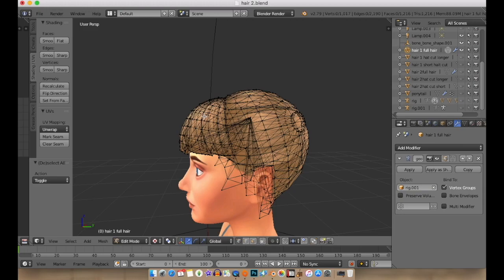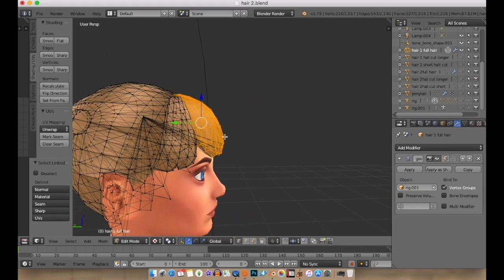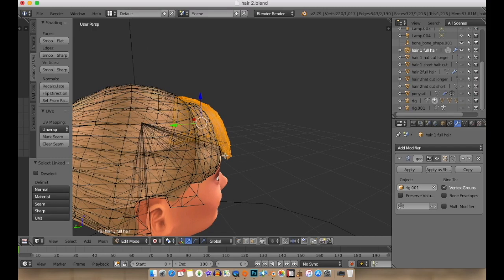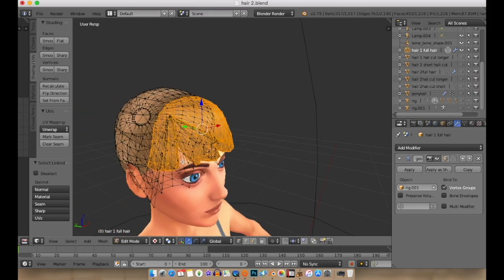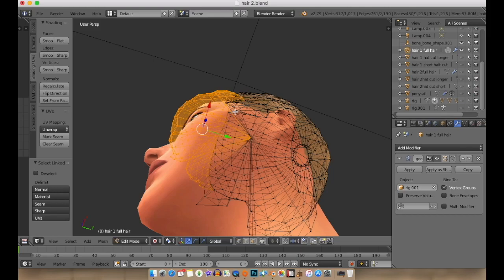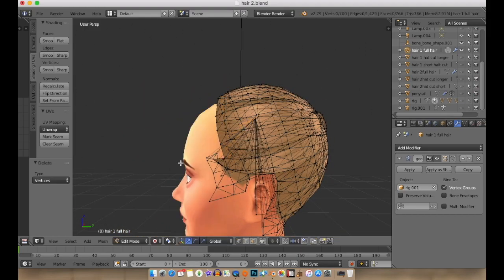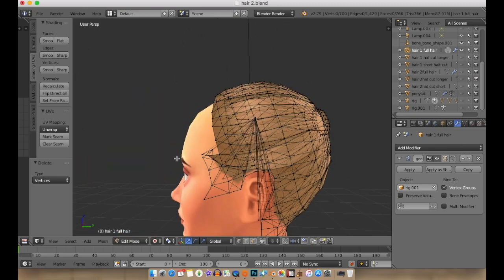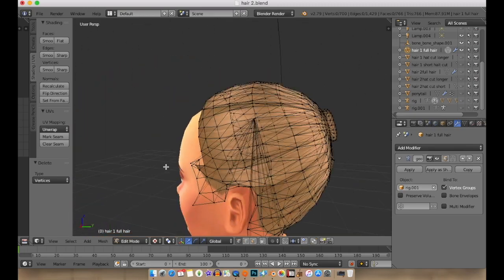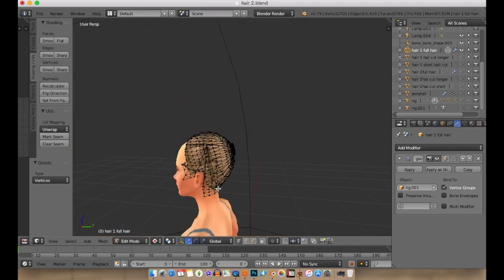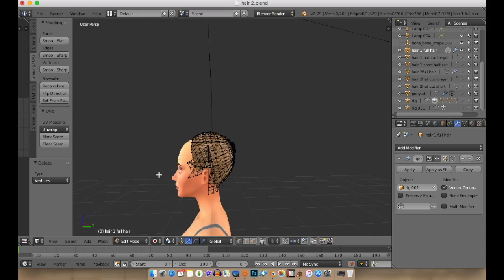Okay, again. I accidentally selected a bit of the hair as well. We didn't want that. It's got all of the fringe. X vertices. That's deleted that. Perfect. Now the only thing that you might notice is that she looks like she has a very high